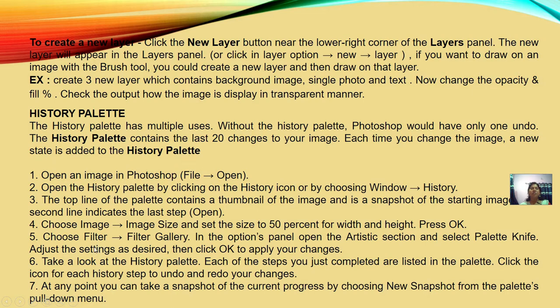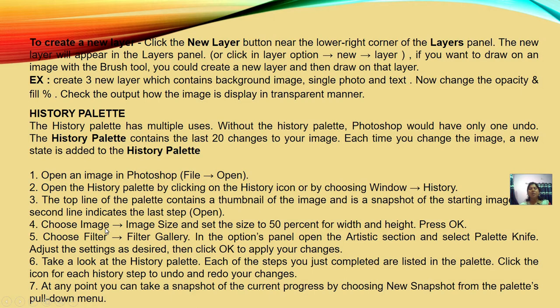The procedure is to open an image in Photoshop, that is, click File and click Open. Open the history palette by clicking the history icon or by choosing Window and clicking History. The top line of the palette contains a thumbnail of the image and is a snapshot of the starting image. The second line indicates the last step, Open.